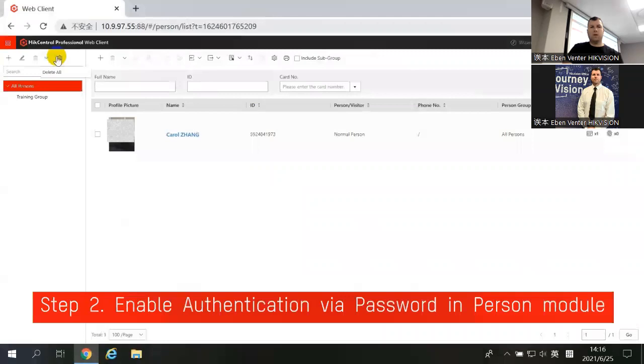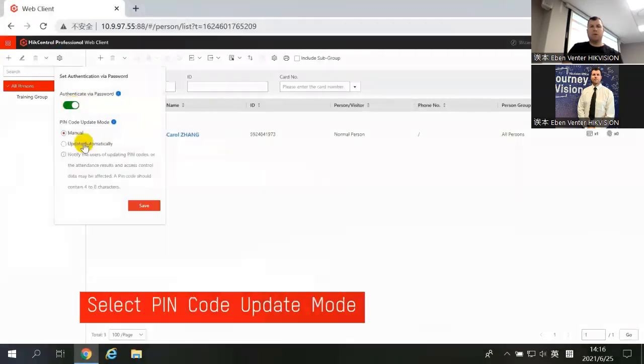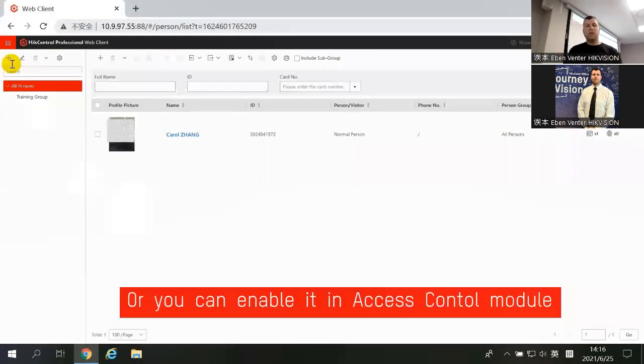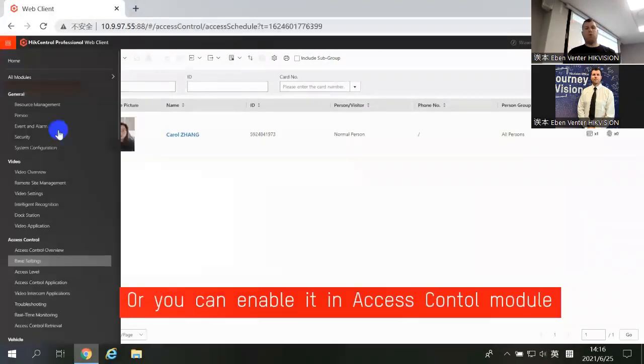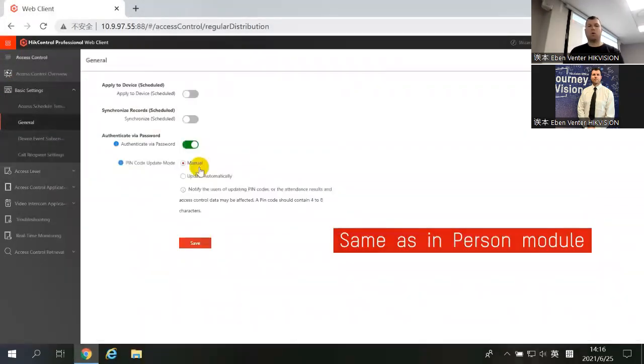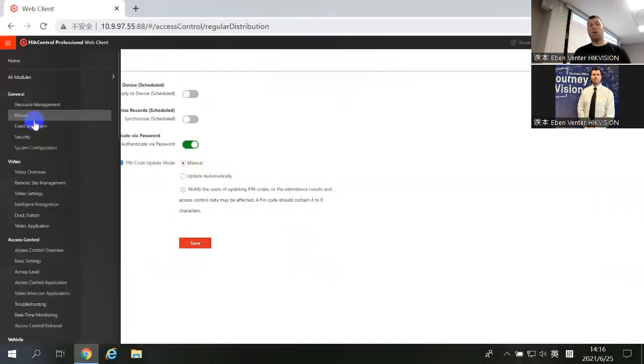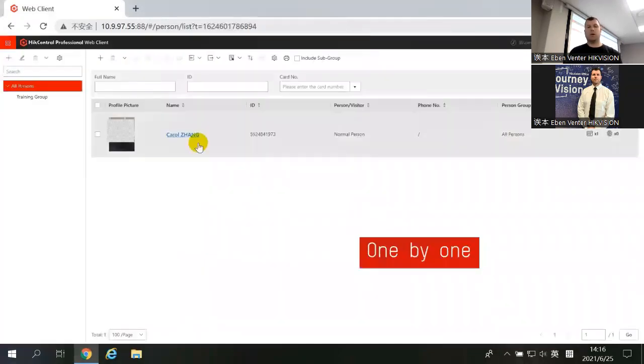Now we go to the personnel. We can enable that. So this is a very nice functionality in order to that if you do have certain staff members at your building, they need to maybe use multiple authentication. So that's from their face to their card to maybe card and PIN. So this will grant you that